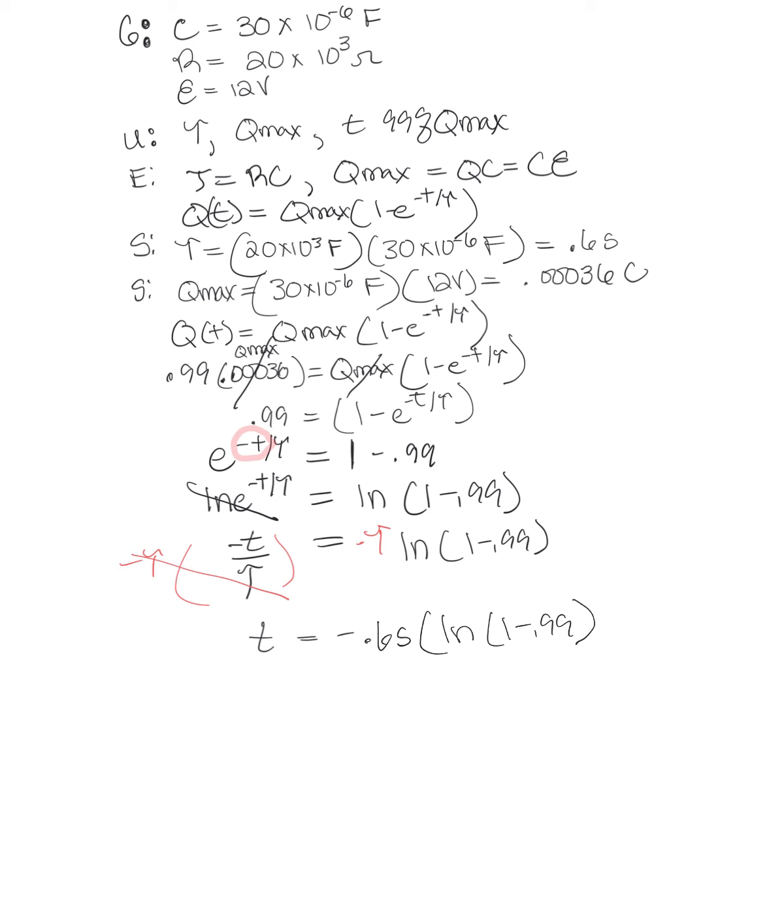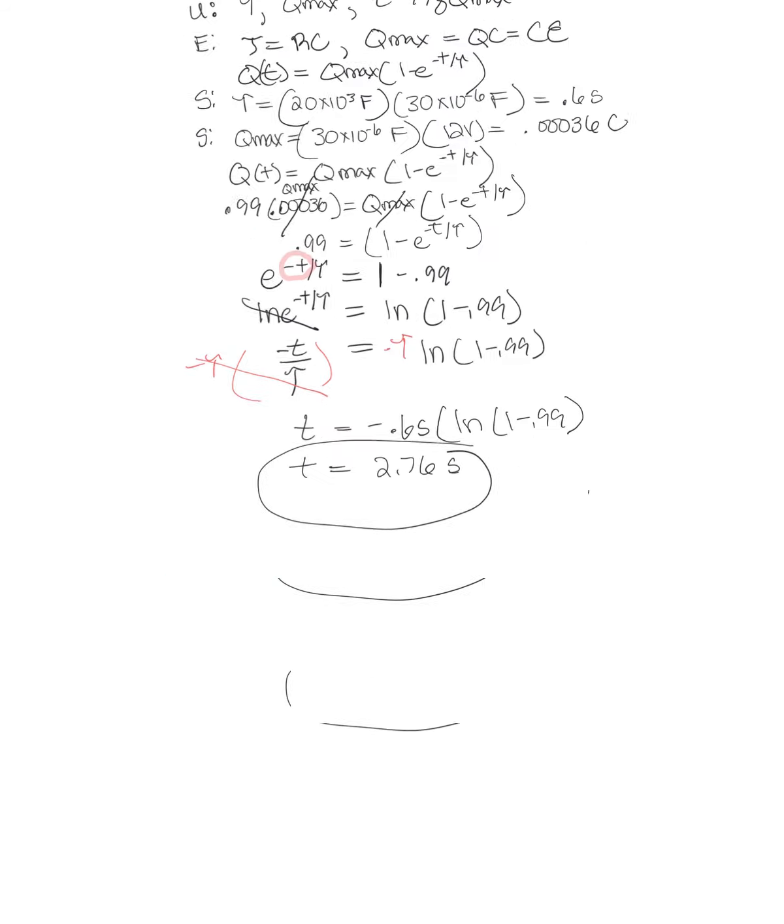And we get that the time it takes for our capacitor to reach 99% of its full charge is 2.76 seconds. Well, because we talked about the charging of a capacitor, what if you wanted to know the time and the charge and voltage and current that has to do with discharging a capacitor? Well, remember, we said if we discharge a capacitor,